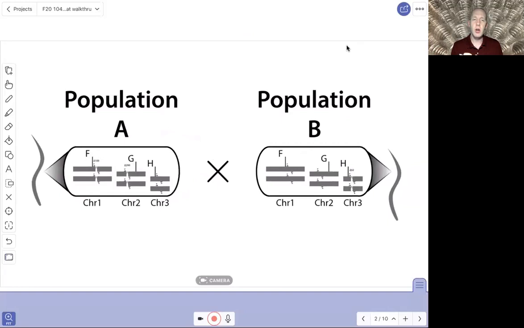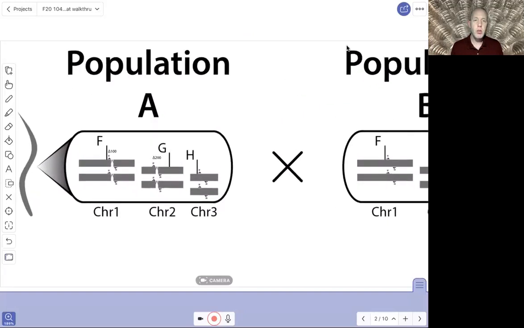So instead of focusing on those for the next little bit of this example, I'm going to remove those color codes and just indicate that in these 2 different populations, there are differences in insertion deletion or indel polymorphisms that are not necessarily causal. That is, these mutations don't necessarily cause hybrid dysfunction, but they are maybe located near genes that do. So instead of tracking the causal genes because we don't know what they are or where they are,